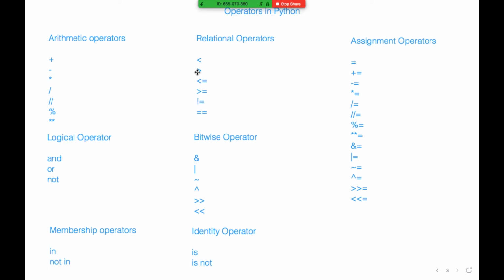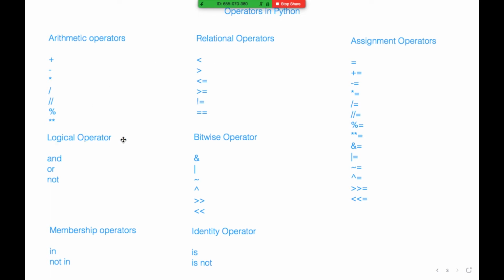In order to compare two things, we have to use a relational operator: less than, greater than, less than or equal to, greater than or equal to, not equal to, and equal to. The relational operator result will always be true or false.